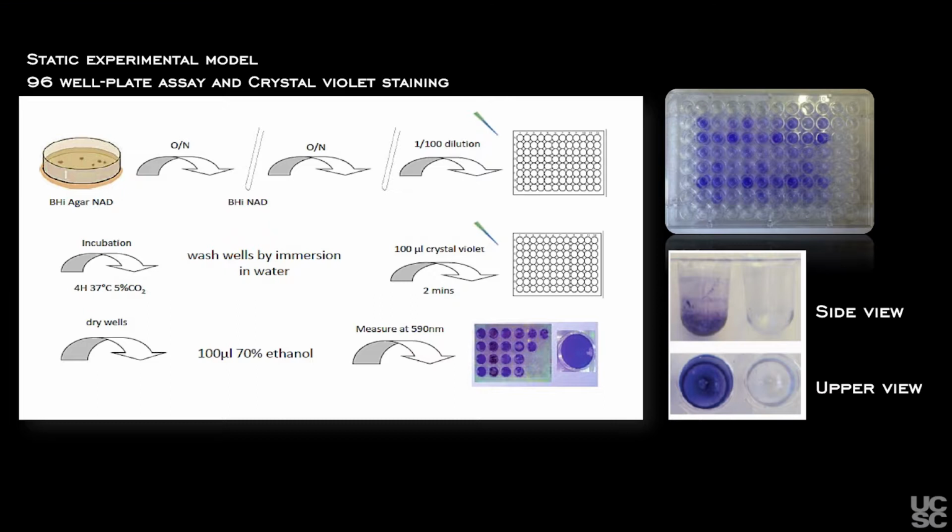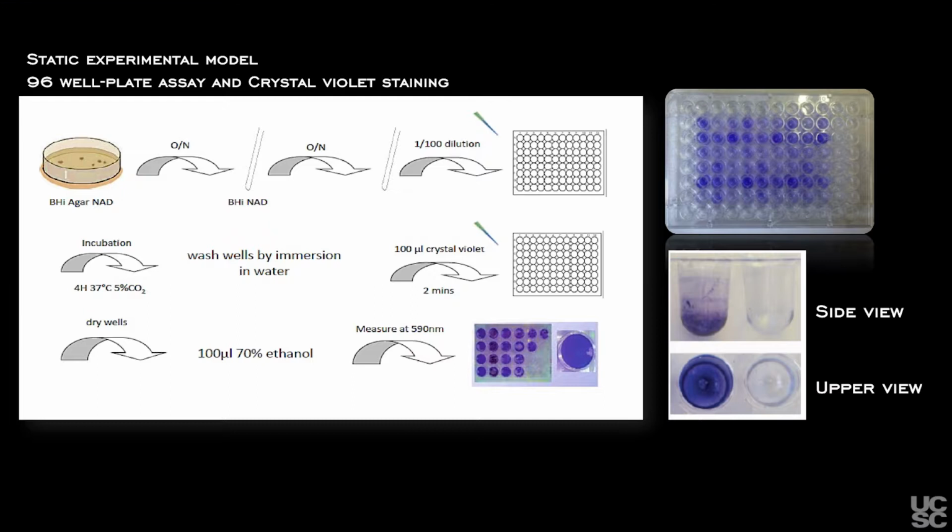Following a static incubation of several hours or days, the culture medium, which contains the non-attached bacteria, is removed by aspiration, and the plate is washed twice using PBS or water. Then, wells are filled with crystal violet to stain all the attached bacteria. After the removal of the crystal violet solution, the plate is washed twice with PBS or water again and dried